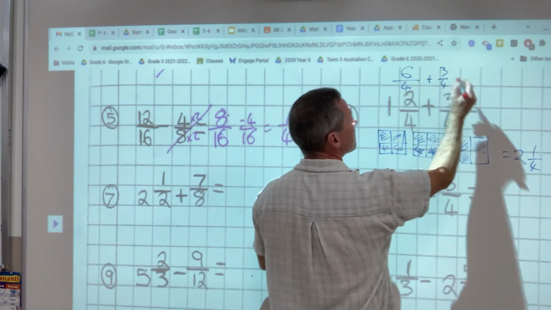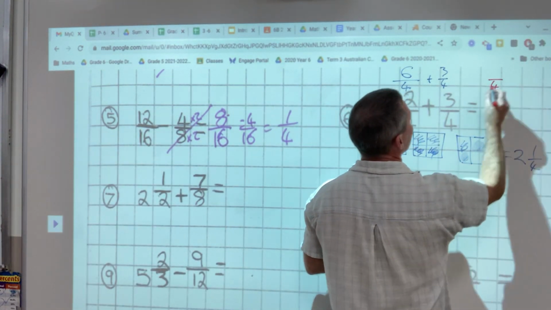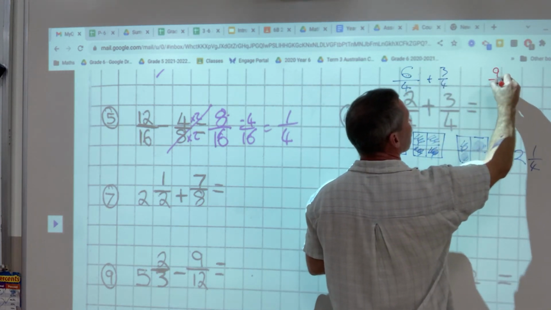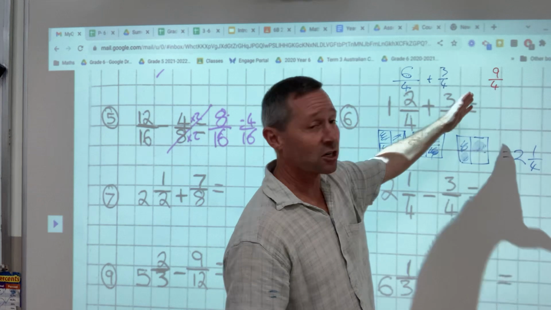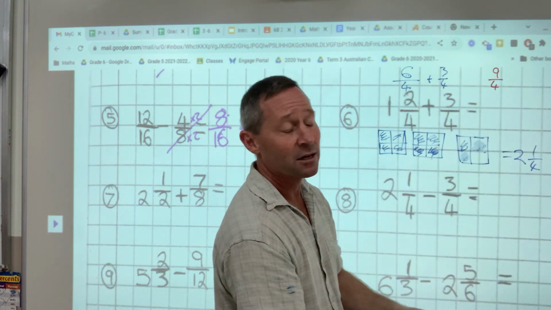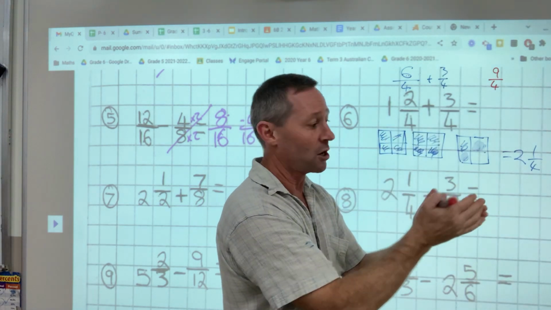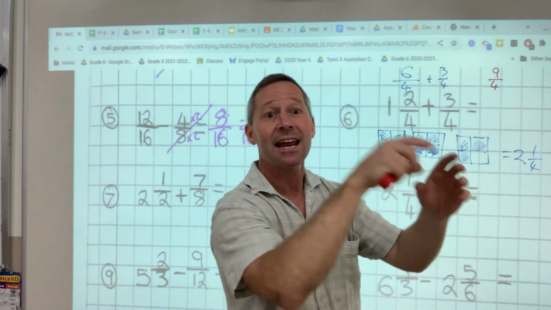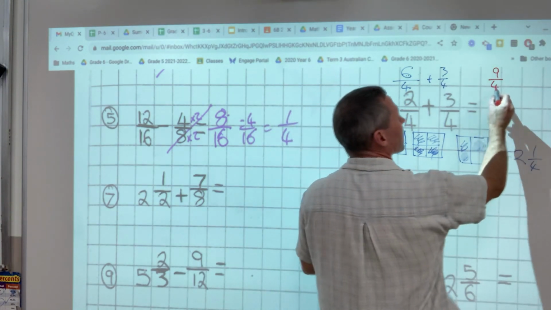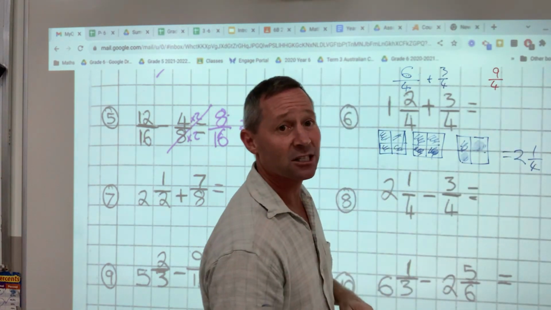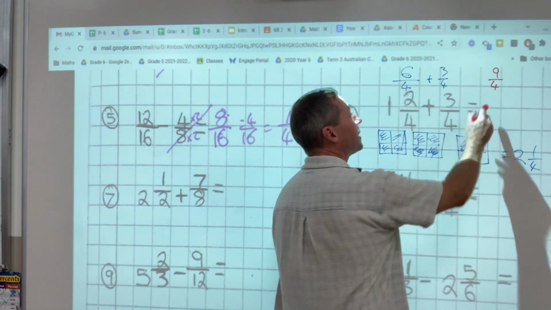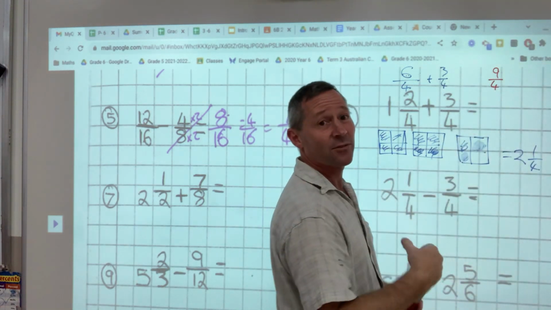Denominators are the same, so I'll keep that the same. And then I do the numerator, 6 plus 3 equals 9. So that answer is correct as an improper fraction. If we want to turn it into a mixed number, where you've got some wholes, some whole pizzas, and some bits left over, not enough to make a whole, I have to use my mathematics skills of multiplication and division, a bit of subtraction. How many times can 4 fit into 9